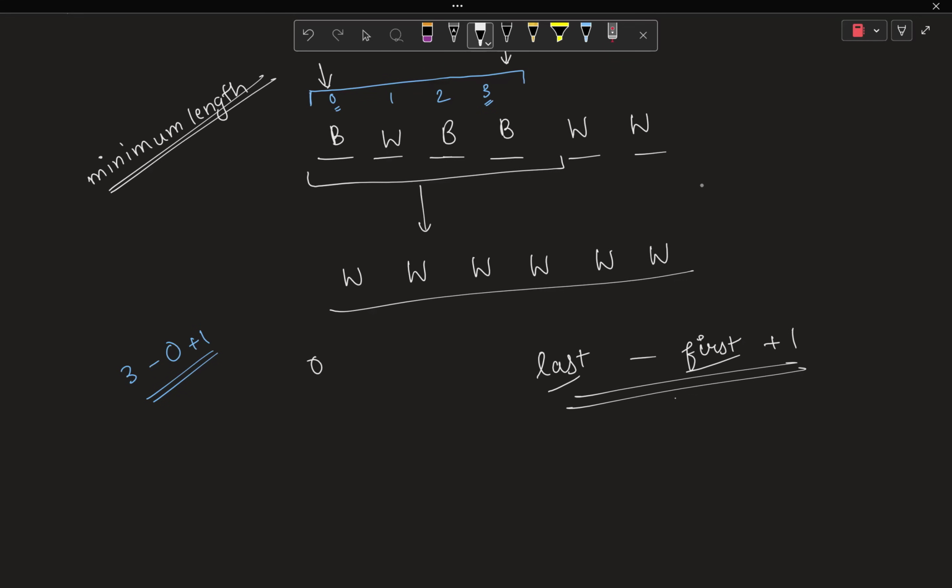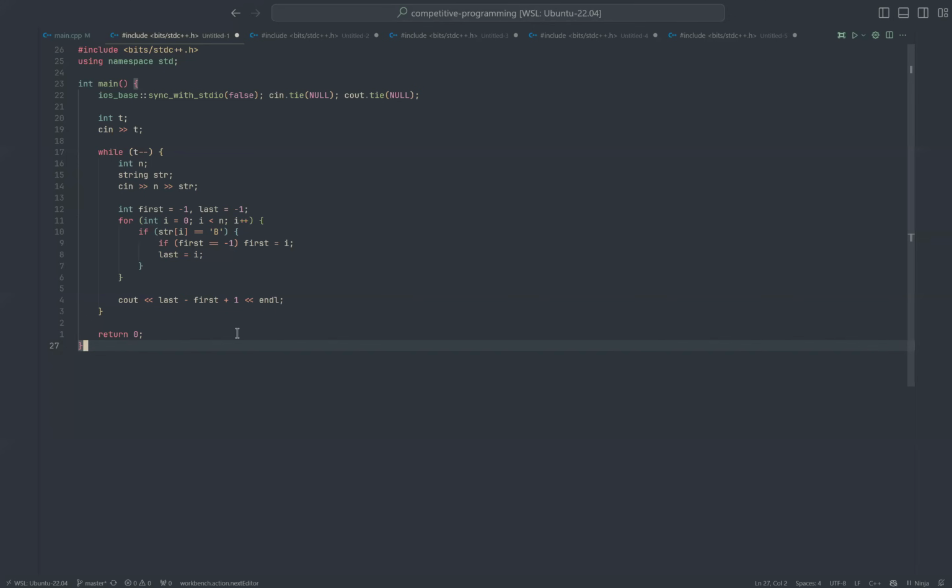Okay, just a simple thing. If you say that there is no black cell, in that case you have to print zero. Now you can manually handle that case, or just mess up like me. So let me show you my code, which is,